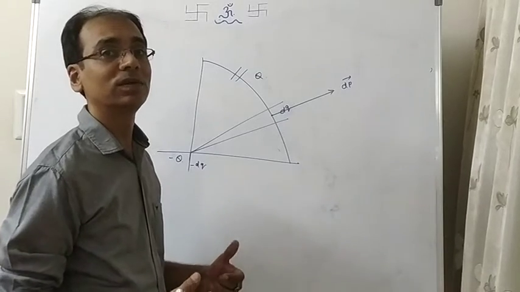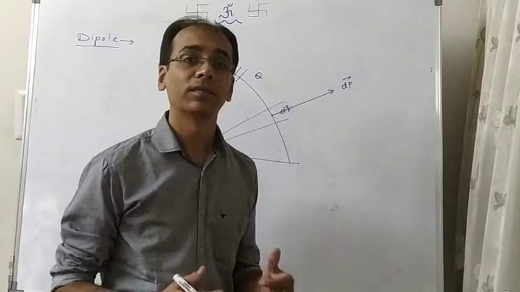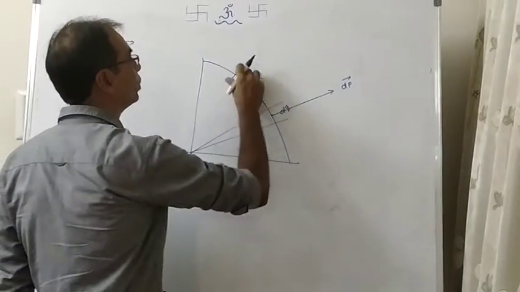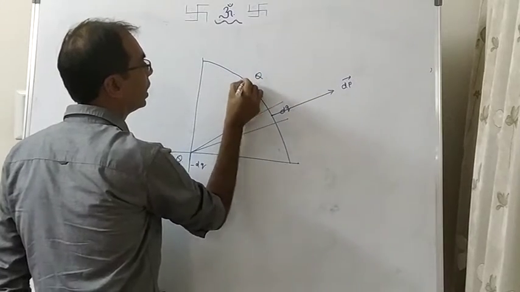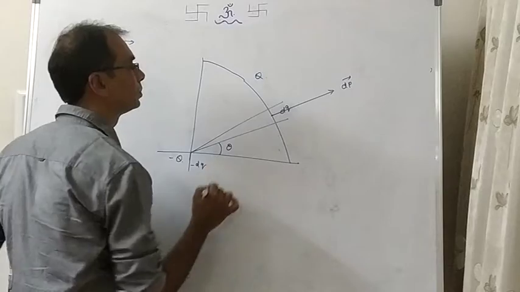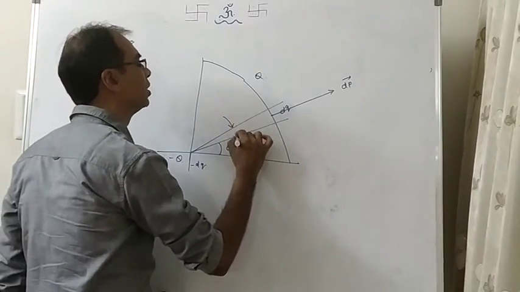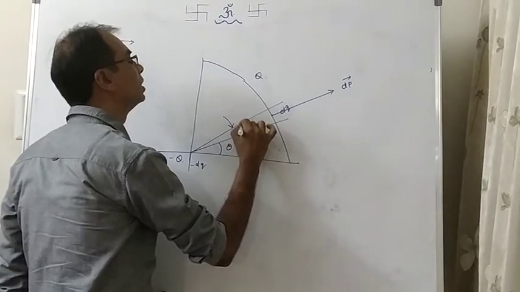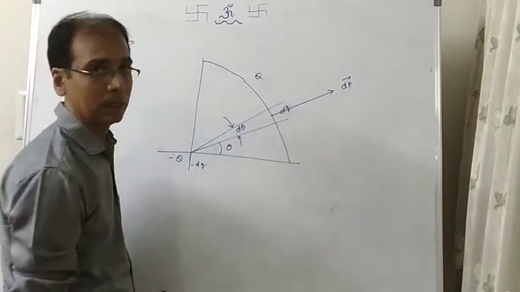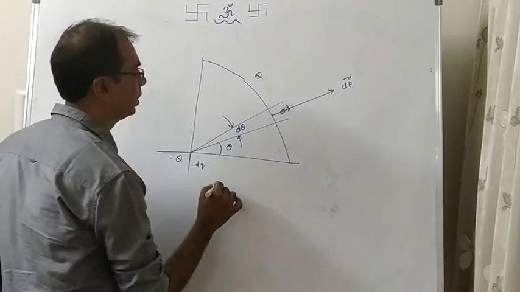So then what to do? Because of the change of direction, we have to integrate this. Okay? We have to integrate it. So let's learn how we are going to do it. Now I have already taken this element. Suppose that this element I have taken at an angle theta. And as usual, you know that this element we have to make d theta. Right? So first I am going to write what this dp is. Then we will think about integration.